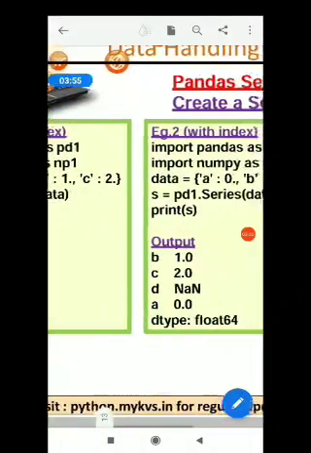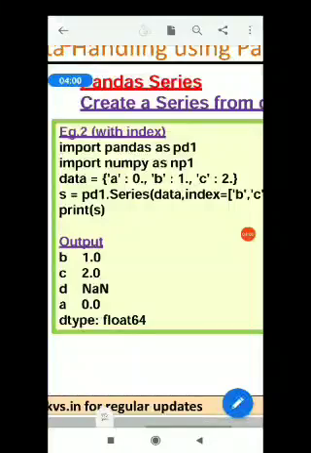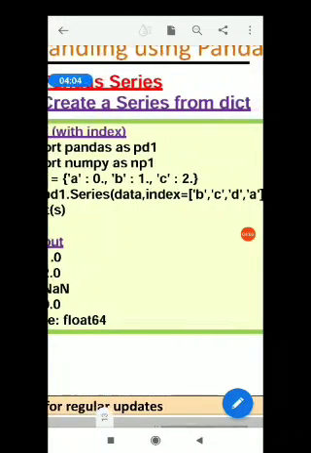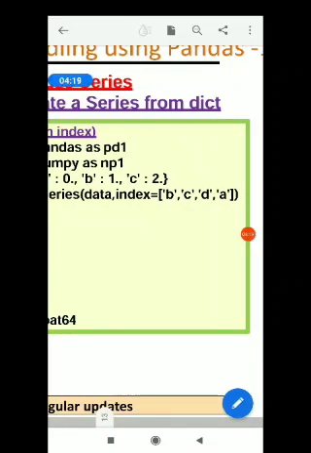Earlier I created the data dictionary, and while creating series S, you just have to add the index keyword here, and you can mention the index sequence also. Here you can see A, B, C is there, but the sequence is not the same. First I am putting B, then C, then D, and then A.